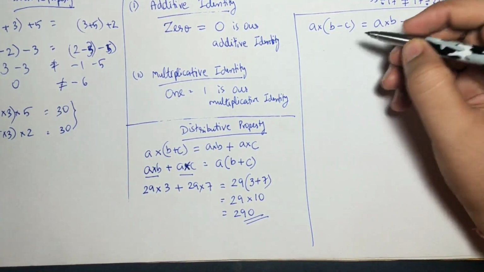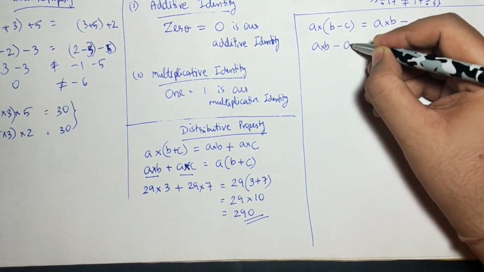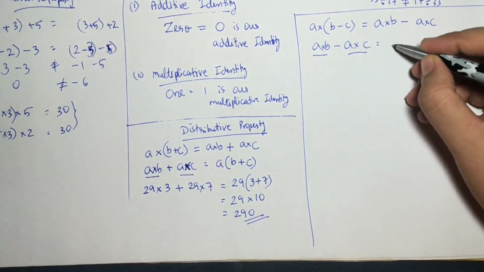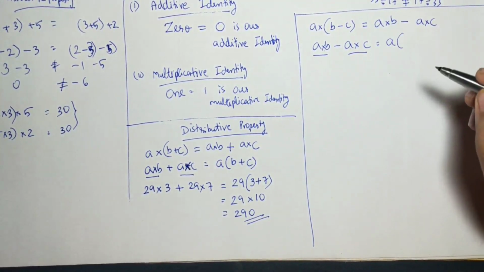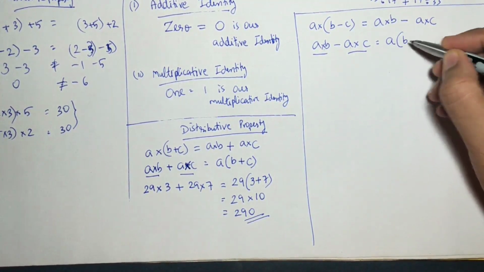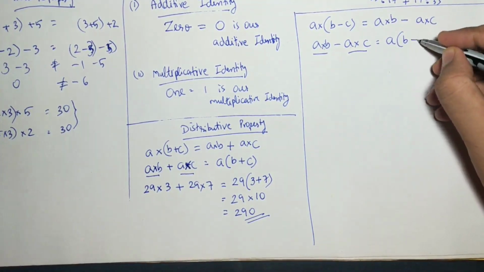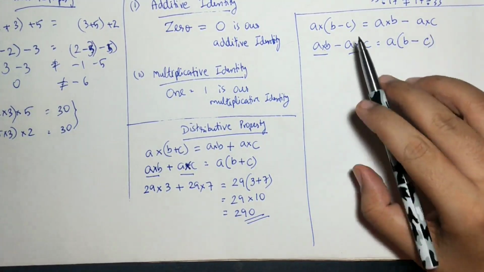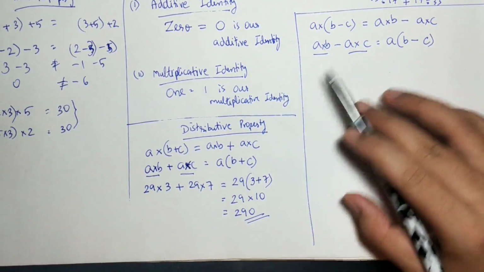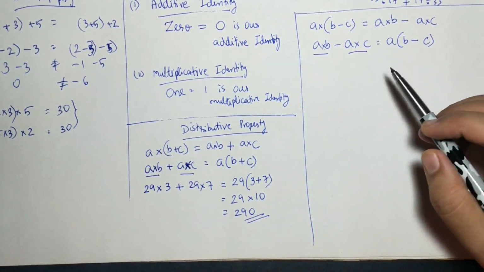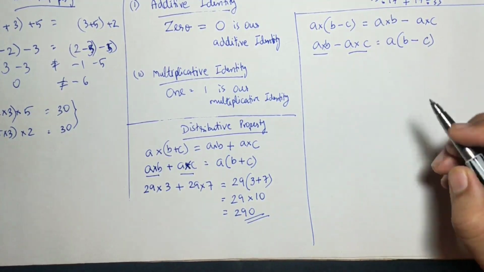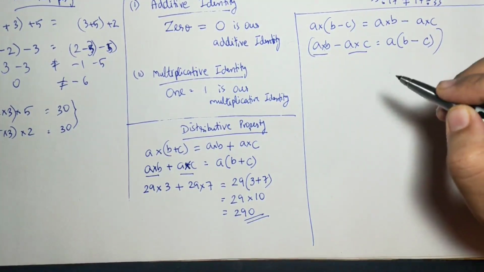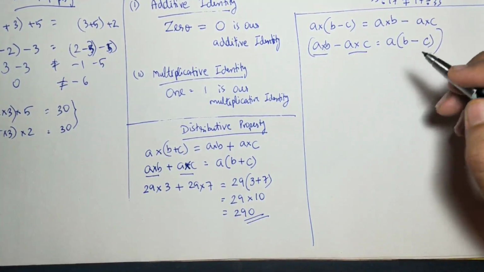Now the vice versa step, A into B minus A into C is given. There are 2 terms. In both the terms A is common. What remains in the first term? B. There is a minus sign in between, so I will write minus over here. What remains in the second term? That is C. They are similar, so I didn't go into depth on this. Now I am taking 3 different numbers and I'll explain this step, how to make your calculations easier.